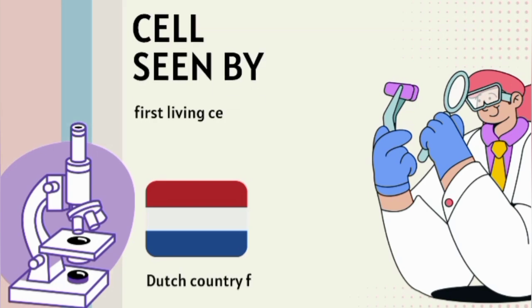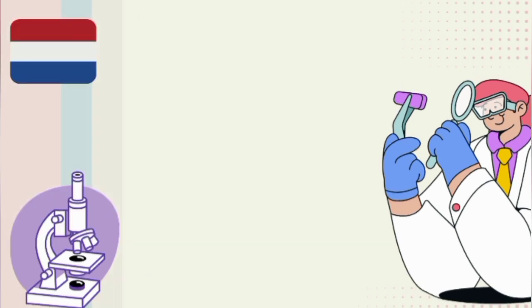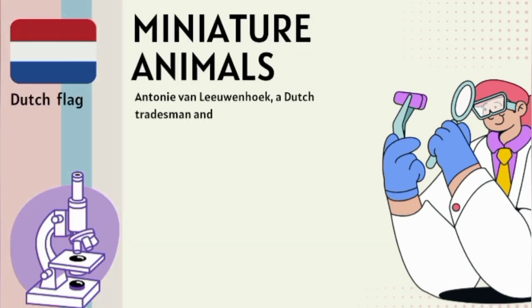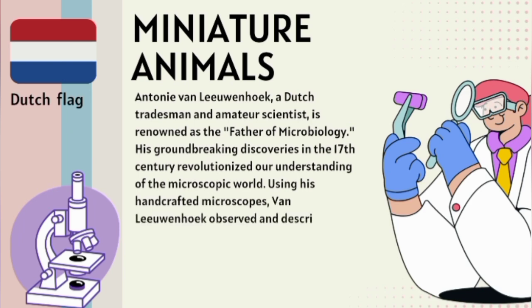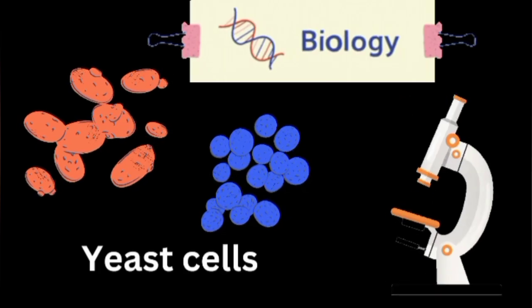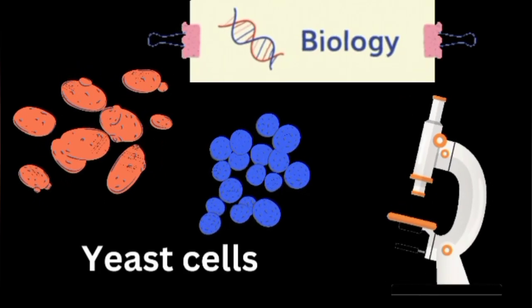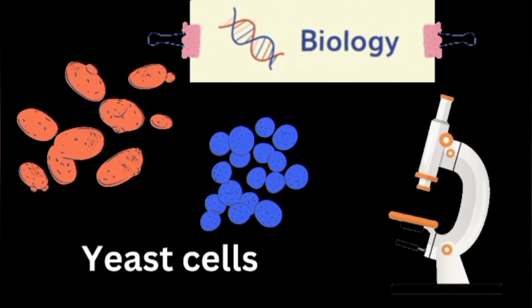First living cells were seen by Anton van Leeuwenhoek, a Dutch biologist. Antony van Leeuwenhoek, a Dutch tradesman and amateur scientist, is renowned as the father of microbiology. His groundbreaking discoveries in the 17th century revolutionized our understanding of the microscopic world. Using his handcrafted microscopes, van Leeuwenhoek observed and described miniature animals, including microscopic organisms, sperm cells, red blood cells, and